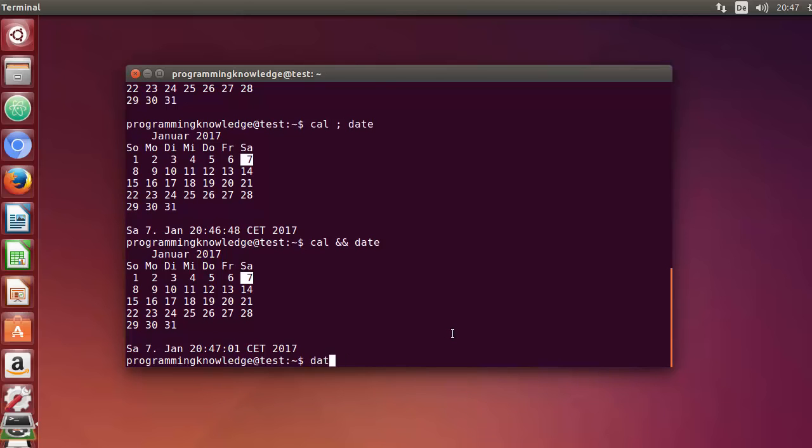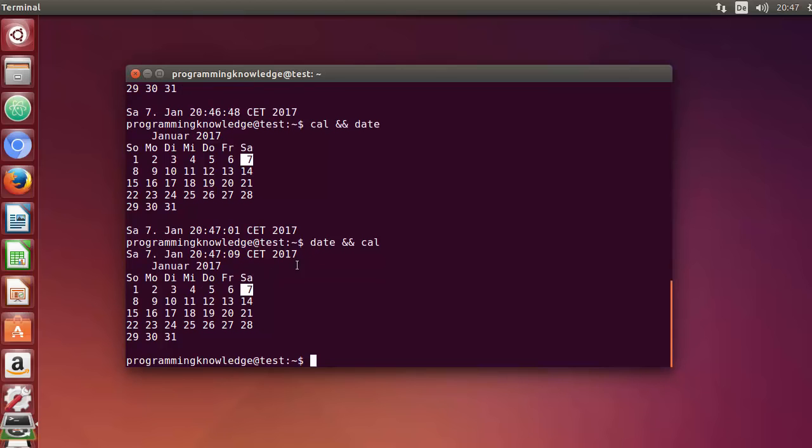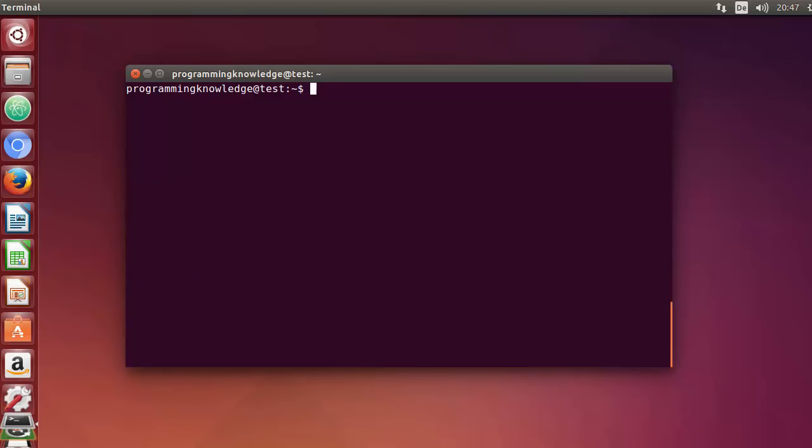and when we use date ampersand cal, then it's going to give us this date first and then the calendar. Okay, but what is the difference between these two commands? So let me clear the terminal, and then I'm going to show you what is the difference between these two